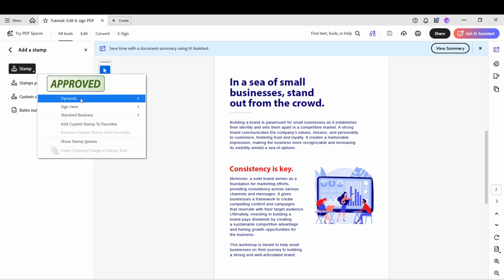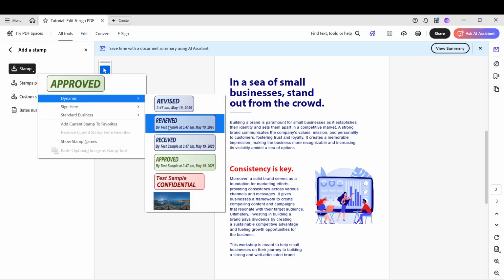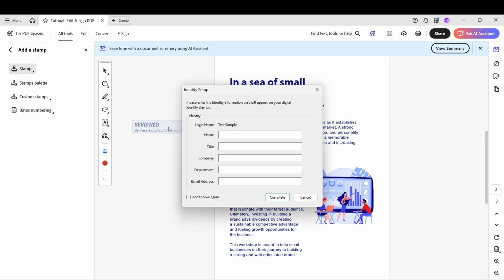Click the specific stamp you want. Your cursor turns into a live preview of that stamp, helping you line things up before you place it. Move to the area where the label should appear and click once to place the stamp on the page. If it lands a little off, don't worry, you can adjust it right away.